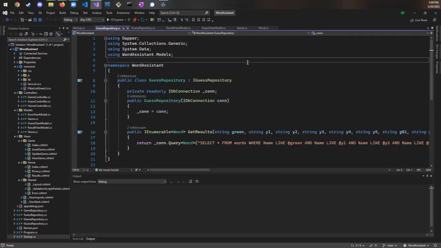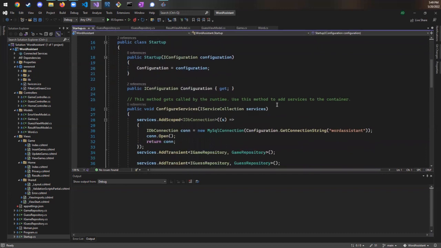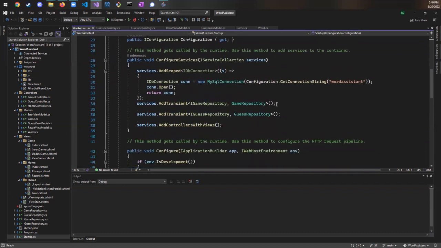I also make an IGuessRepository with one stubbed out method and a GuessRepository that conforms to IGuessRepository. It's got an IDbConnection field and a constructor that accepts IDbConnection as an argument. I'll use that in the startup file to open a connection to my database. Here, services.AddScoped, created once per HTTP request, and services.AddTransient for dependency injection of the guess repository object that's created each